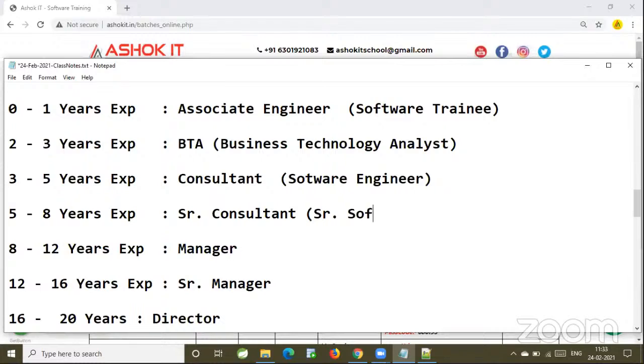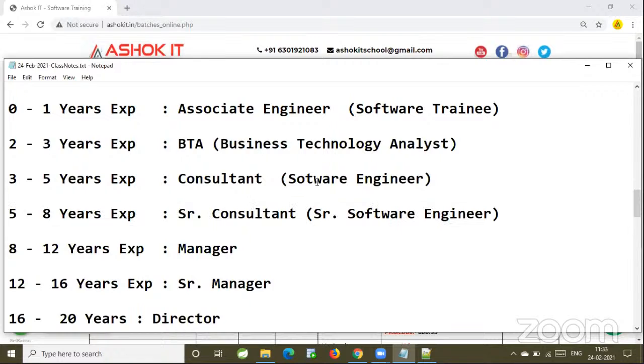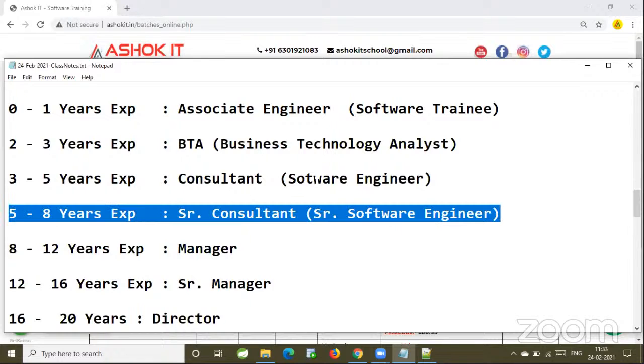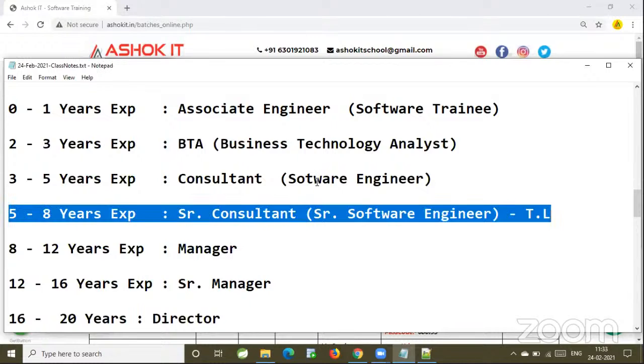In some companies, it is called senior software engineer. Senior software engineer or senior consultant is equal to team lead level. In some companies, we call it TL, team lead. You need to manage the team, and your team's work also.